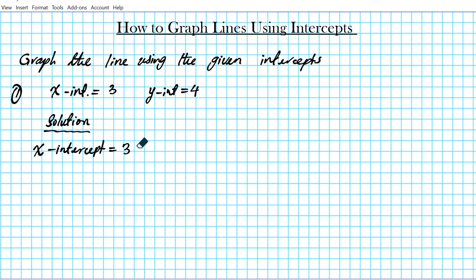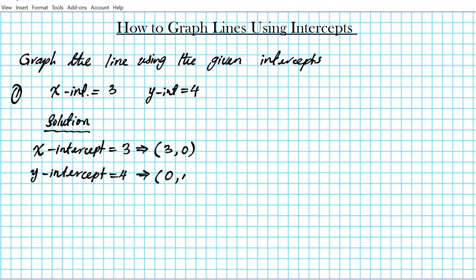So if the x-intercept is 3, we know for sure that the graph goes through the point where x is equal to 3 and the y-coordinate is 0. Okay? And then if the y-intercept is equal to 4, what does this mean? It means that the graph cuts the y-axis at the value y equals 4, and it goes through the point